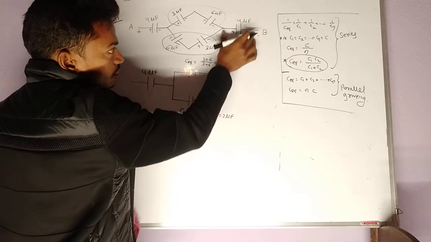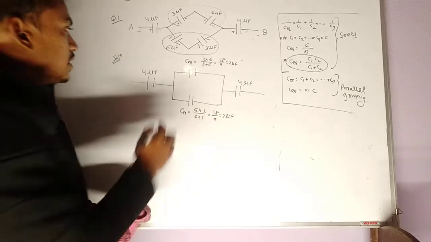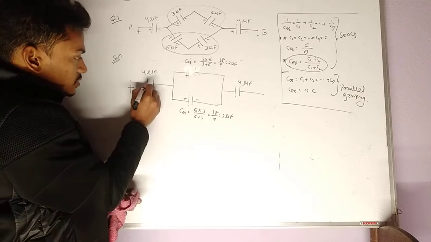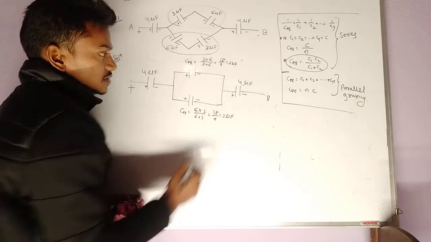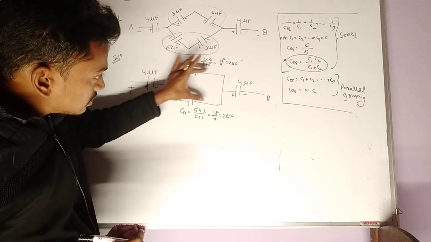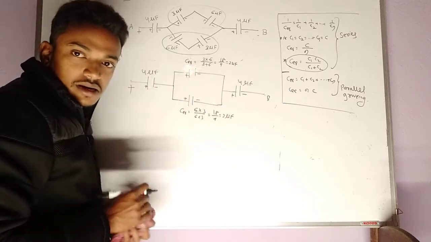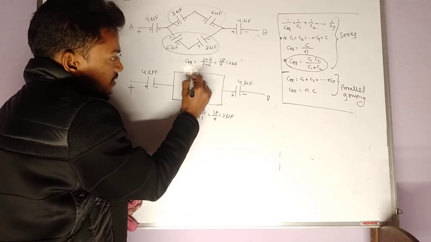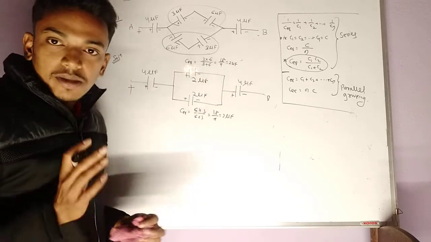And similarly this is 4 microfarad, and this terminal is positive, so this will be positive and this will be negative. B is negative, so this is negative, and this will be the positive terminal. You see the two positive terminals are connected to one point, and the two negative terminals are connected to another point. So this connection is positive to positive and negative to negative. So this will be parallel grouping. This is capacitance 2 microfarad, we got it, and this is 2 microfarad. So these two capacitors are in parallel grouping.